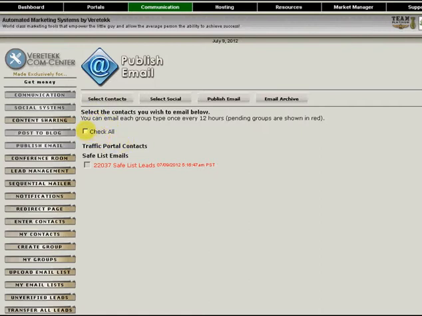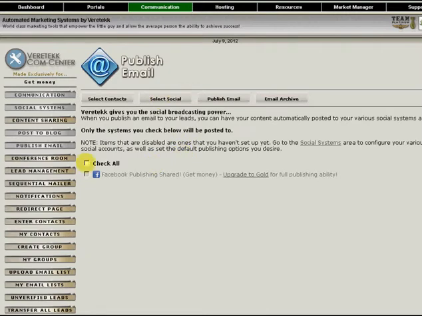I haven't at the moment, so what I'm going to do is I shall click on my safe list and send it out to 22,000 odd email addresses. So I then click on publish. I next click on select social, and okay, my email now is going out to social. I'm not going to select this because remember I previously have sent the blog post out, so I leave this one blank this time. I now go to publish my email,